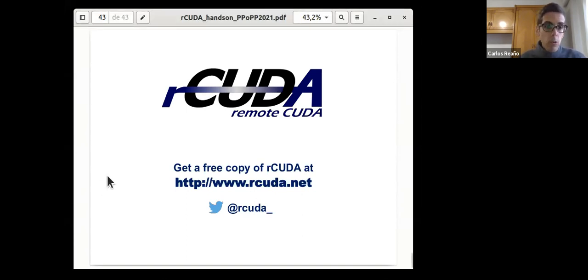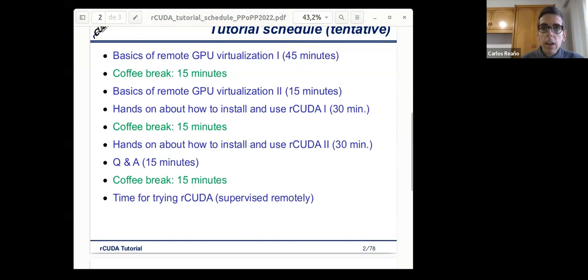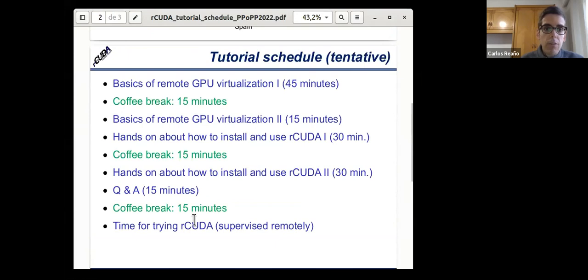So this was what we have planned for today. We have also planned some time for the audience, as you can see in the tentative schedule, to try rCUDA.